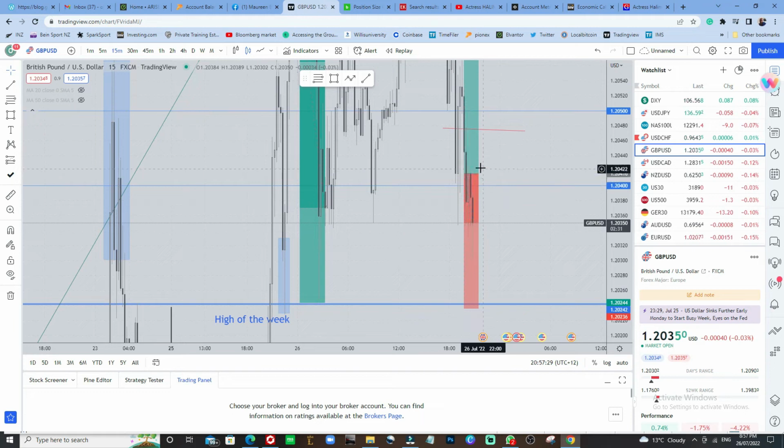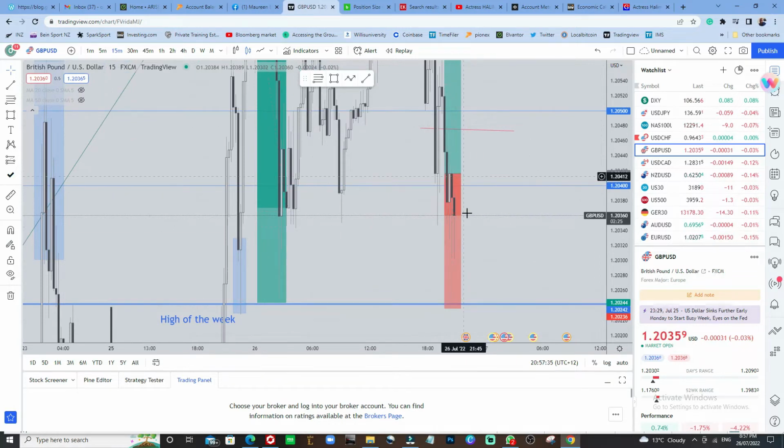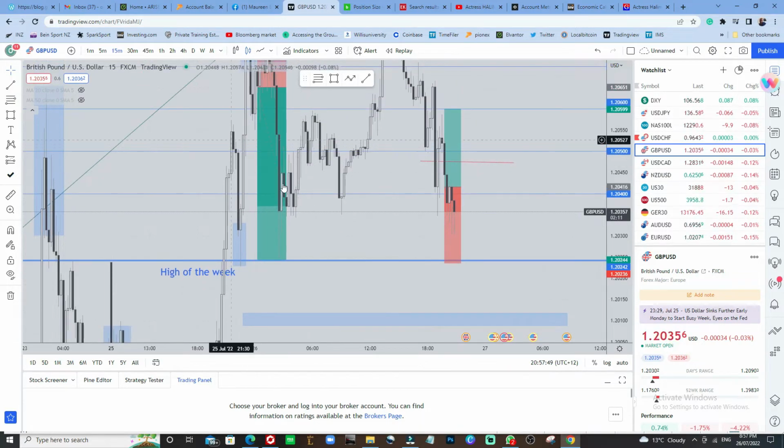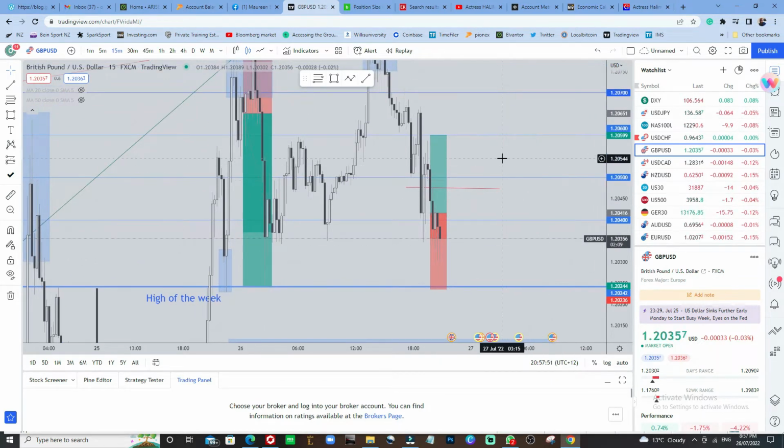Weak rejection here. So I entered around here, although I'm experiencing a pullback, a drawback for now, but I expect the market to push to the upside, which will signify a temporary weakness in the US dollar somehow, but it's going to take me some time, and I'll see how that goes. But so far, one trade taken, I won that trade in profit. I'm looking forward to other trades.